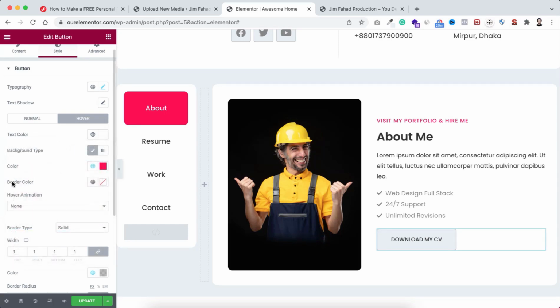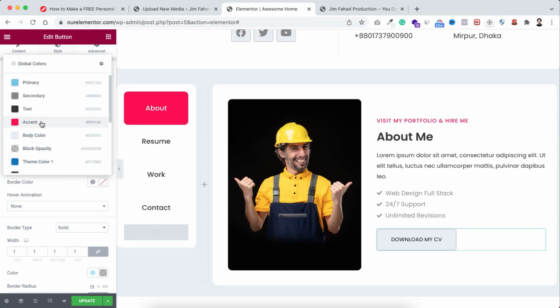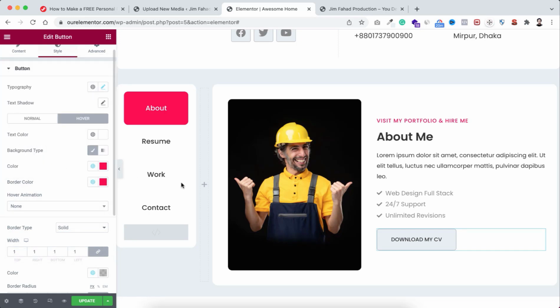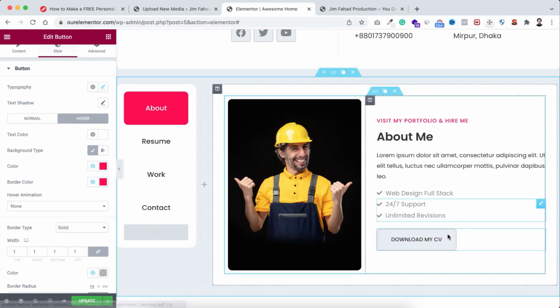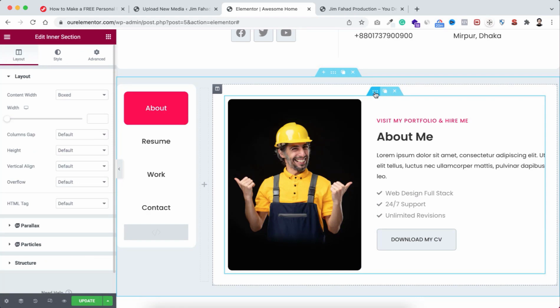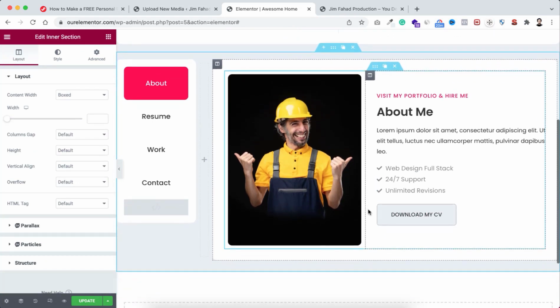And here also the border color I wanna make it to accent color on hover. So if we now hover over on this button, you see it's looking great. Alright, now underneath this whole inner section, I wanna take another heading because I wanna show some of my services